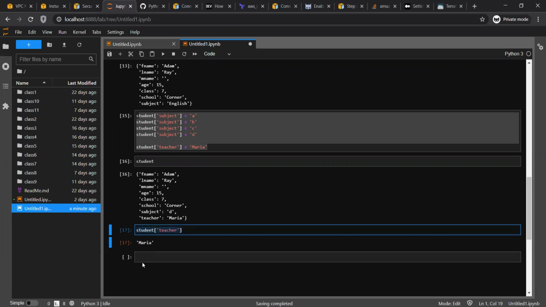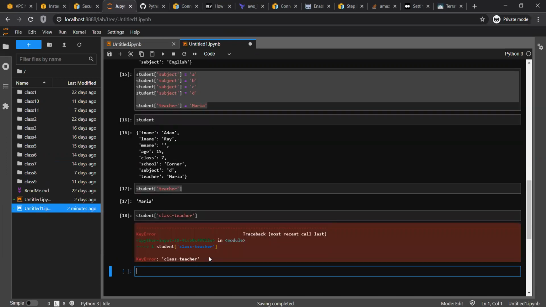Okay, if I come here and type class teacher, let's say this key doesn't exist there, correct? If I run this, it will throw me an error, because this key doesn't exist. So it's fine to use this, but suppose in a few scenarios you don't want your program to throw an error, you want a default value.